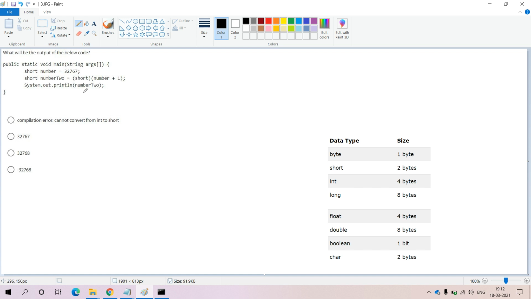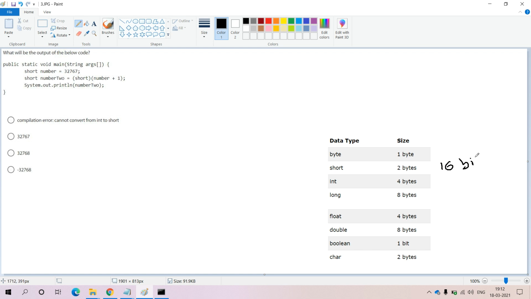Before processing it, first we have to know the size of the short, and the formula to calculate the range of the short data type. The size of the short data type is 2 bytes, which is equivalent to 16 bits.